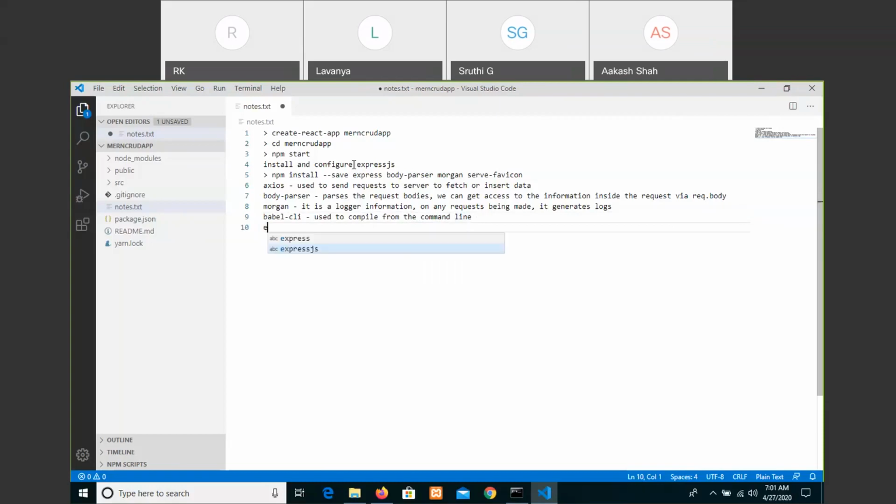And let me write that list also. Further, we are going to use Mongoose, which is a library of MongoDB. Let me write here also.